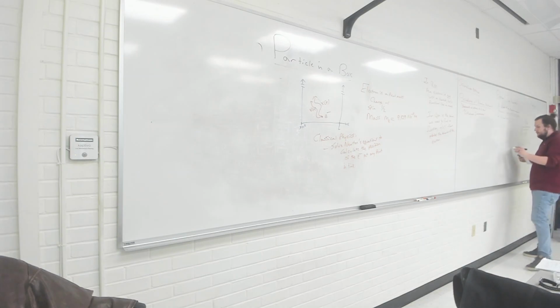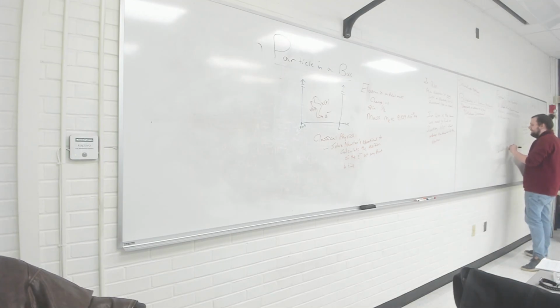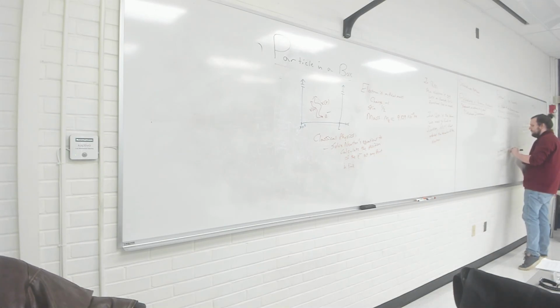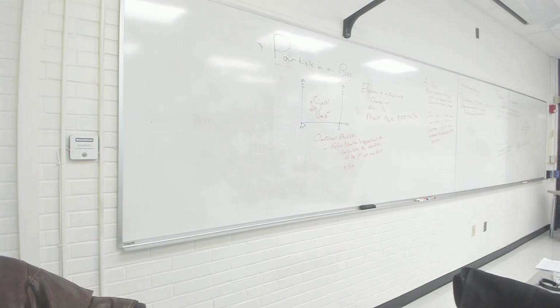So let me write that here. The probability of finding the system in a certain position, state, is proportional to psi squared dx. Okay. What we'll find is, in fact,